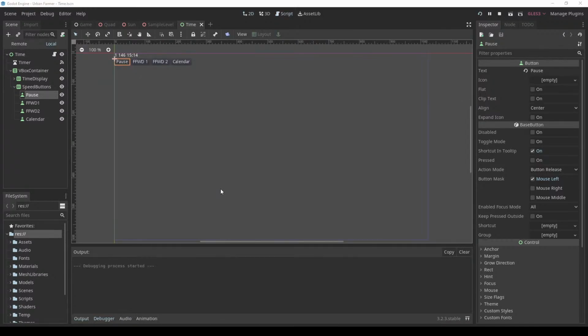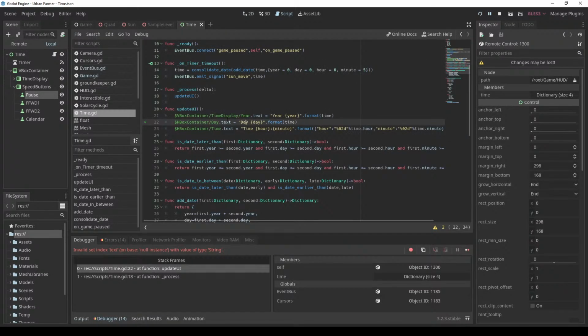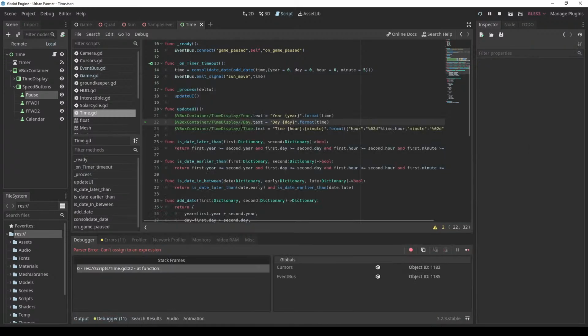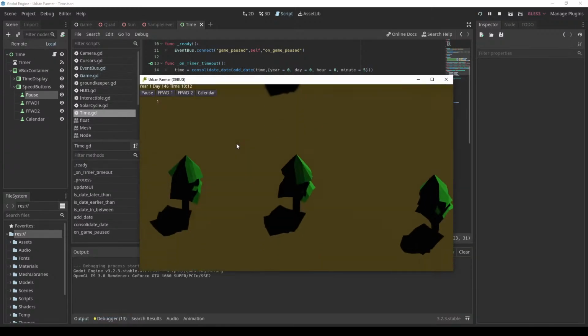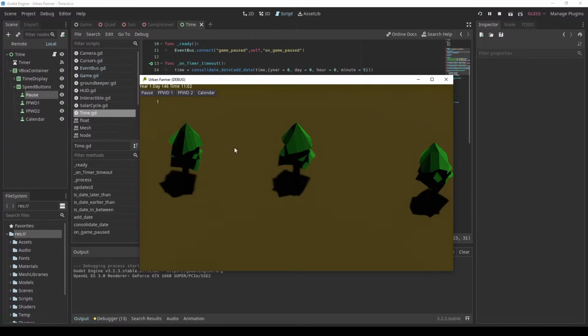Let's test this stuff. Oh, double slash. This should be. So pressing the spacebar. Pause. It's cool. Now we have to